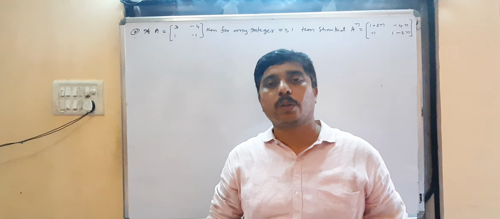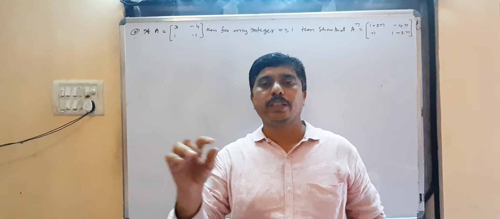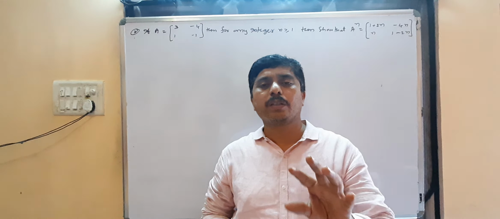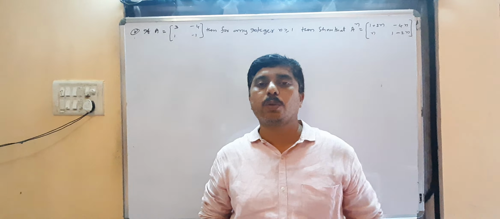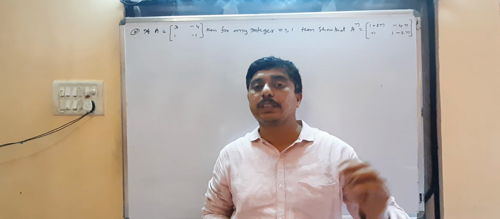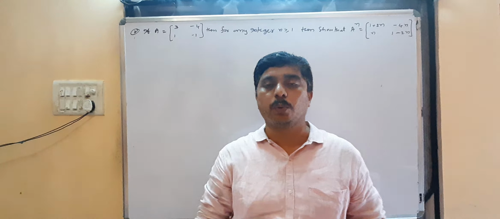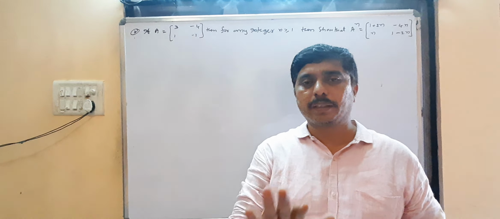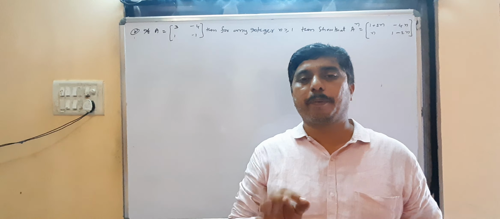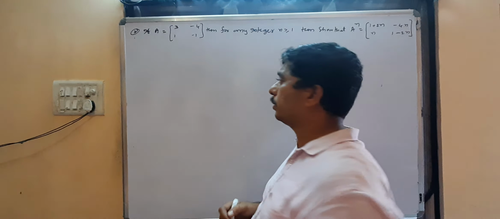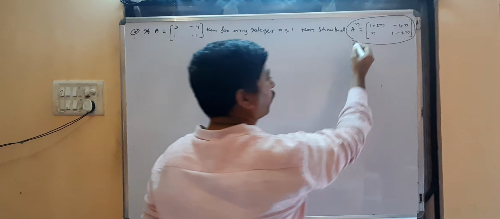Suppose in 10th class you have root 2, prove that root 2 is an irrational number. To prove that root 2 is irrational, you assume root 2 as rational. After some steps you get that our assumption is wrong, that means a contradiction of our assumption. So the given statement is true. That method is called the contradiction method. That is the second method. The third method is the induction hypothesis. Coming to this problem, we are going to prove A power n.